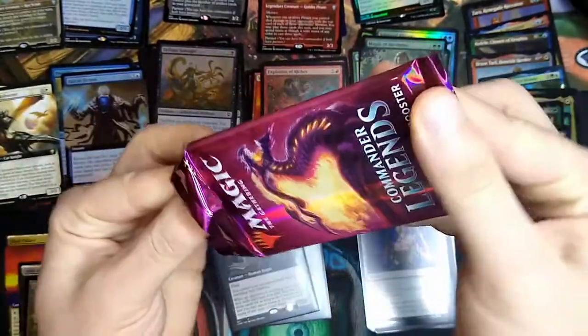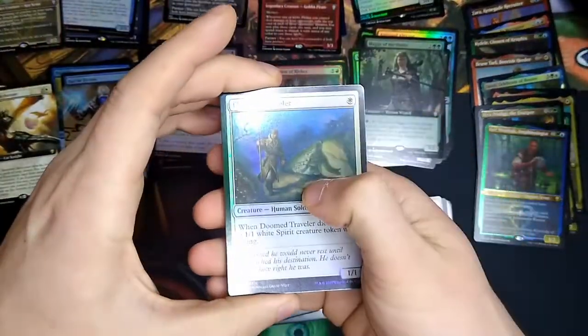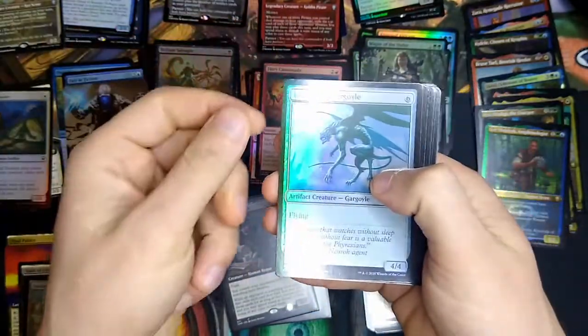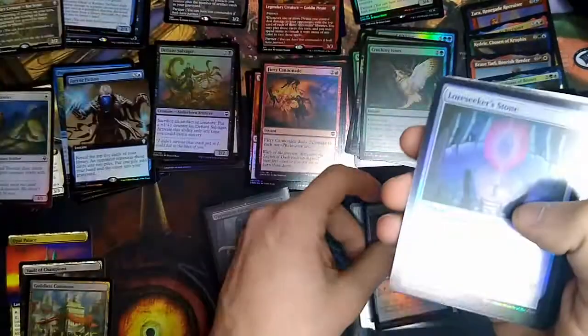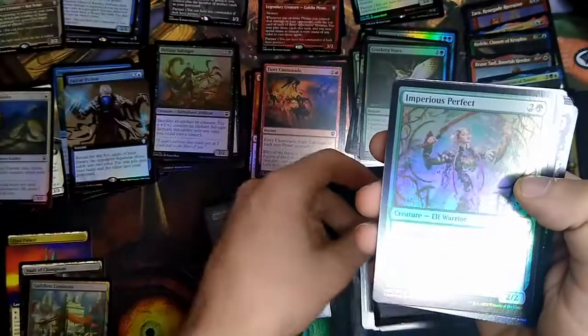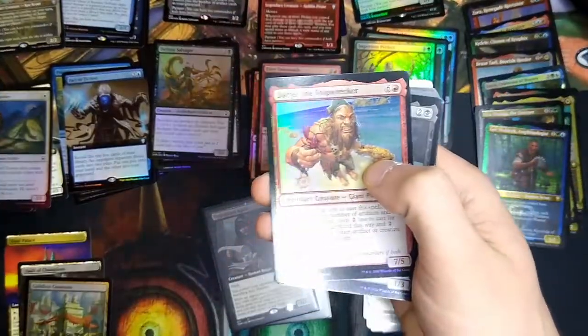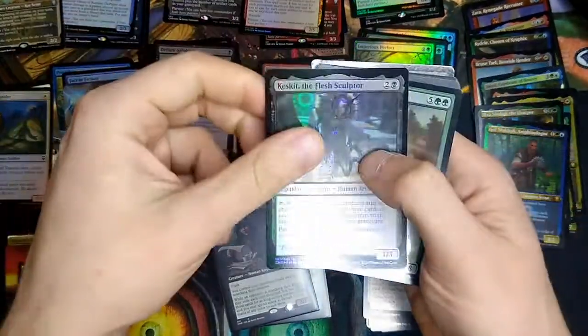Pack number 7. Doom Traveller, Fiery Cannonade, now in Pauper, Luminate Guardian Gargoyle, Crushing Vines, Universal Solvent, Lore Seeker Stone, Imperious Perfect. Legends: Dargo the Shipwrecker, Kesket, Flesh Sculptor,